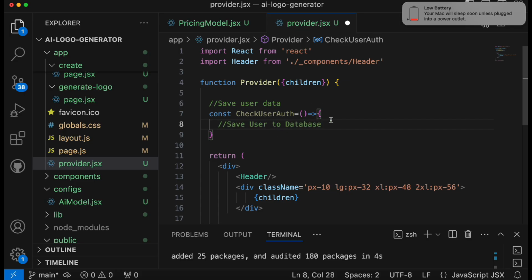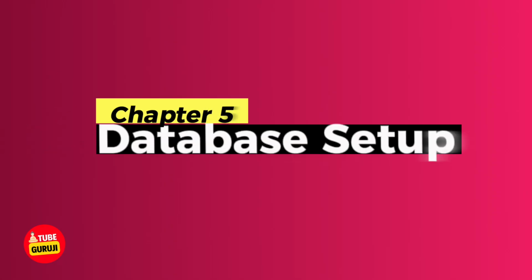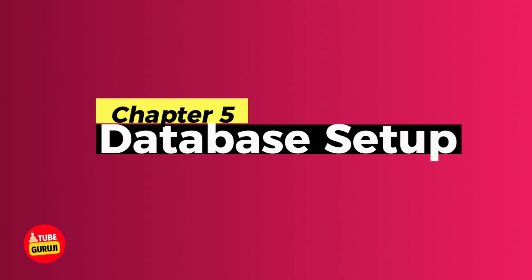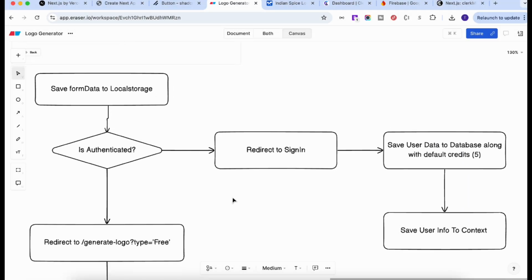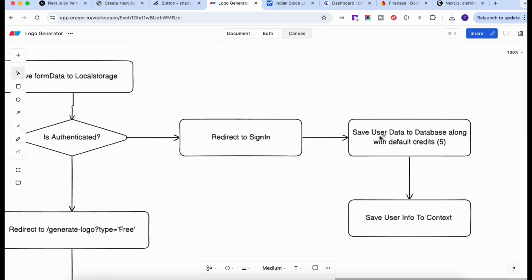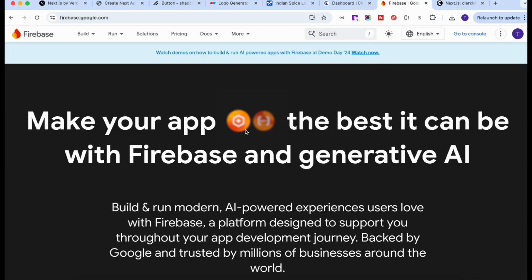Now next we will learn how we can set up a database in order to save user information and our logo information to the database. Now after successful sign-in, the next step is to save user information to our database. So for that one we are going to use a Firebase database because it's maintained by Google, more advanced and free to use. So simply go to firebase.google.com,